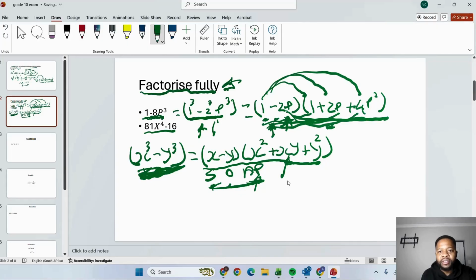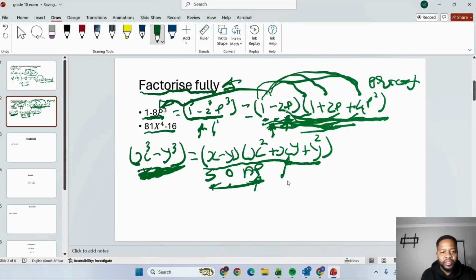Once you're done multiplying all of that to do your proof, you're supposed to get back to this, just to prove that your answer is correct. All right, so yeah,